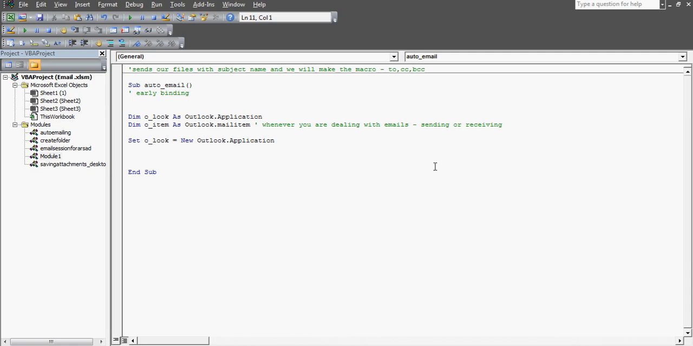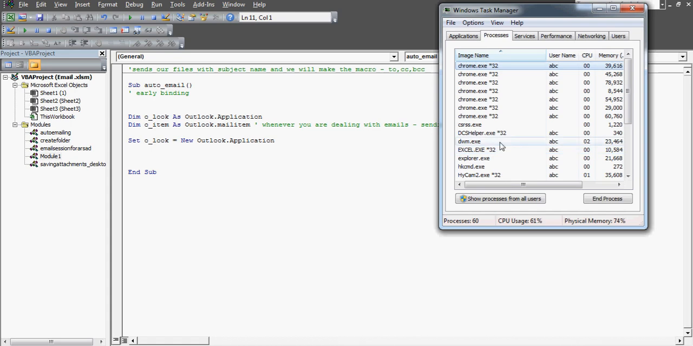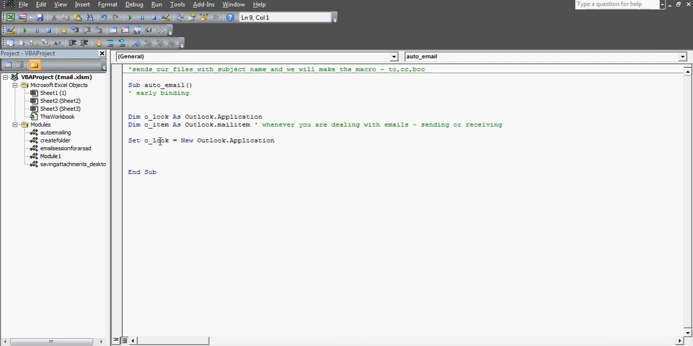I'm going to my task manager. When you come to the task manager, you see that if I have Excel open, then the Excel exe file is running, and similarly I have Chrome and Internet Explorer. Every application has its exe file running in the background. Similarly I have Skype, from where I train my students. I don't have any Outlook executable file here. When I write this line, where I have set the Outlook application to this variable,